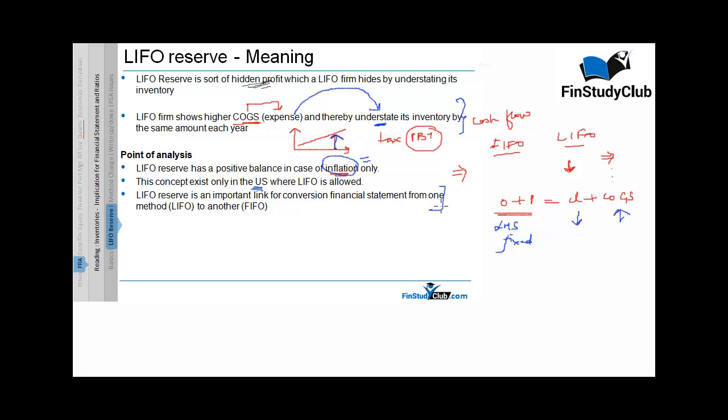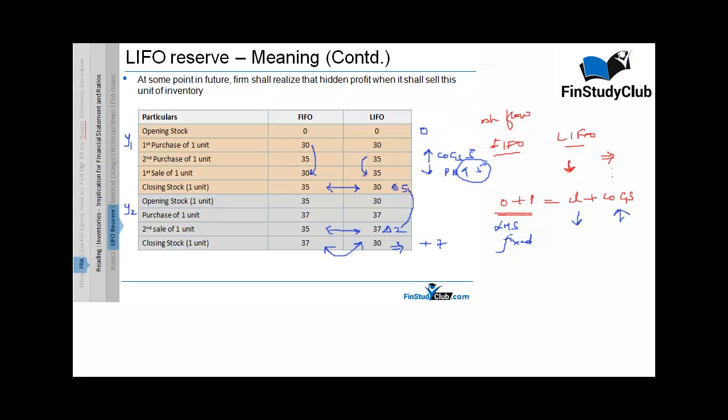And from level 1 knowledge we know that LIFO is a very important link for conversion from one method to the other, which we are also going to talk about in my next video, which is the method change. So coming back to my table,